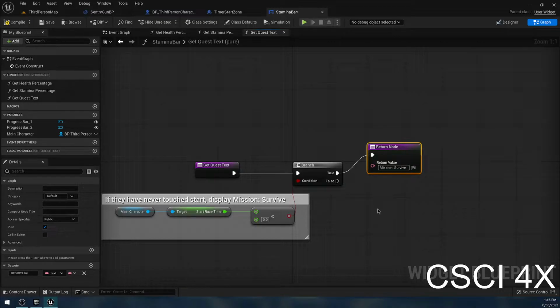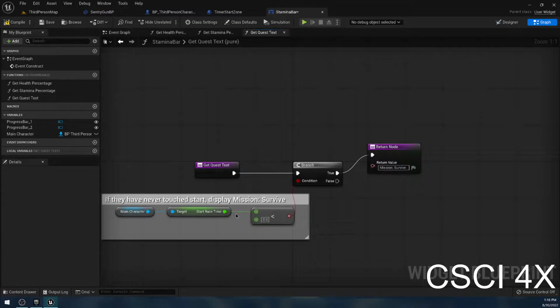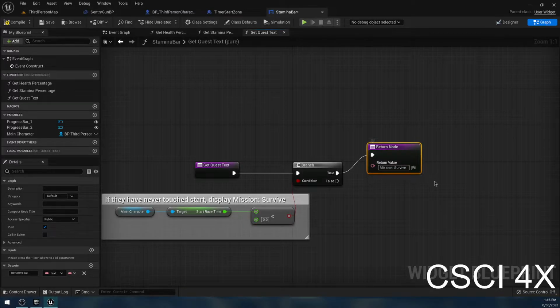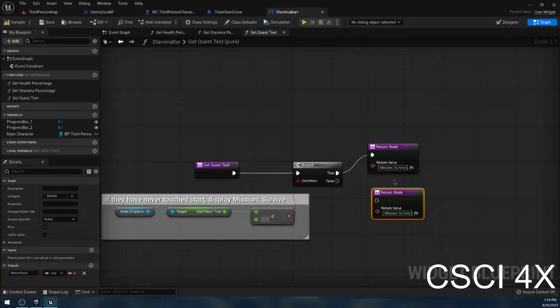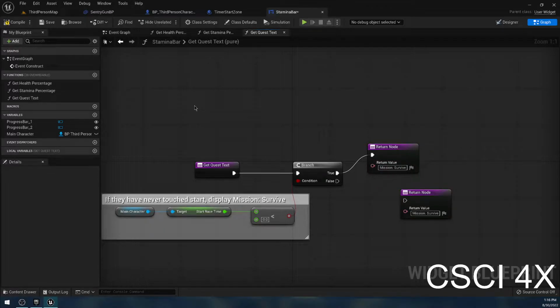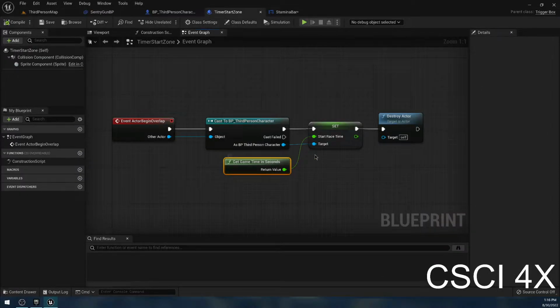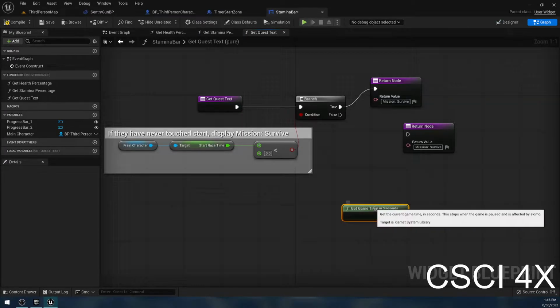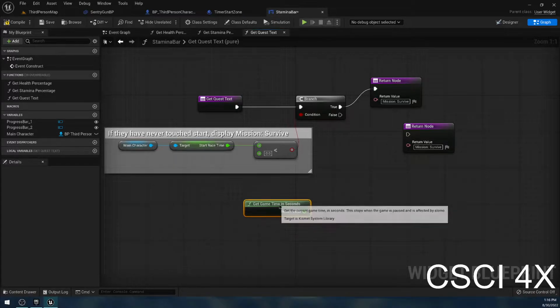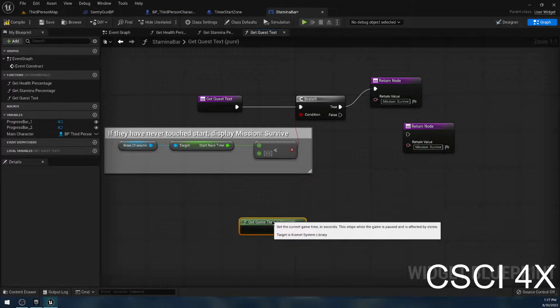You can actually have different return nodes. Like, you don't have to do anything special. So if the time is less than 0, then we do that. Otherwise, and we can just hit that, Control D duplicates. Otherwise, what we're going to display is get game time in seconds. So we're going to get the game time in seconds, and we are going to,